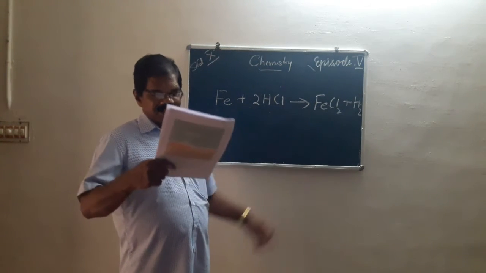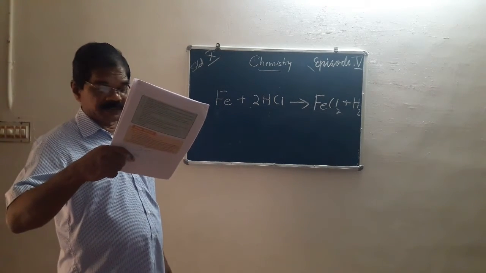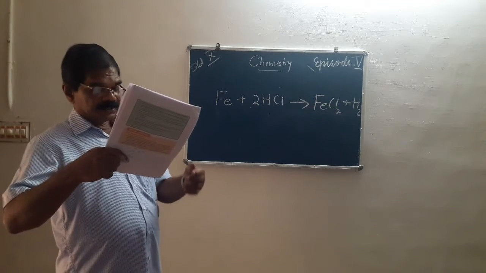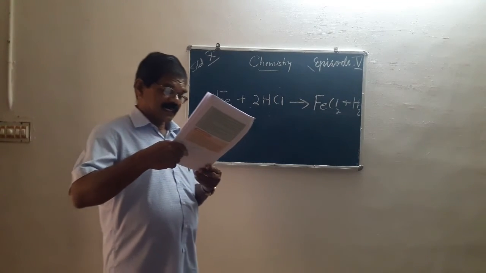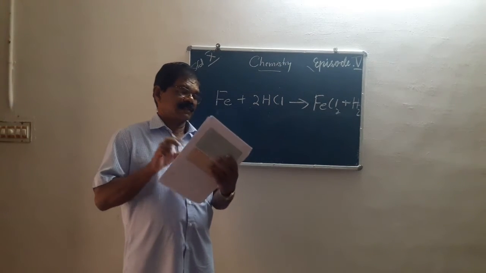So the answer is what? When dilute hydrochloric acid is added to iron pellets, hydrogen gas and iron chloride are produced. So the correct answer is hydrogen gas and iron chloride are produced. That is the answer. The other question is,